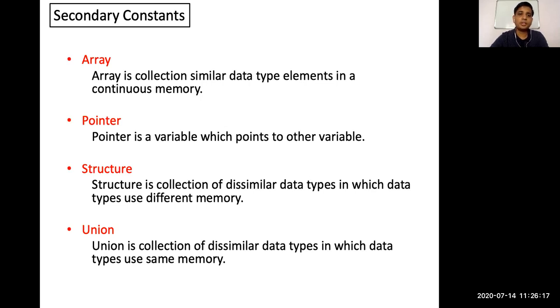And the next one is pointer. A pointer is a variable which points to another variable, which contains the address of another variable, using which we can access the other variable. That is known as a pointer, which is the easiest topic in C language. The next one is structure. A structure is a collection of dissimilar data type items, stored in continuous memory. So the only difference between array and structure is that an array contains similar data items and a structure contains dissimilar data items. And next one is union. A union is very similar to your structure, but it uses shared memory. When we start structure and union, we will go deep into them.